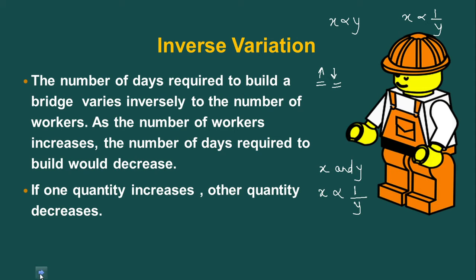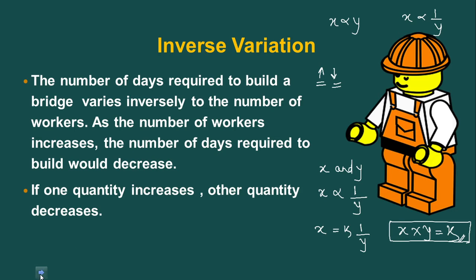Then, after representing, we have to remove the proportionality sign and insert equal to k. This will be x equal to k into 1 upon y. Okay. Now children, this y is in the denominator on the other side of the equal to sign. If you take it this side, it will become x into y is equal to k, which is nothing but a constant. Now children, what is this? This is the equation of inverse variation. When you multiply the two quantities in inverse variation, you are supposed to get a constant.